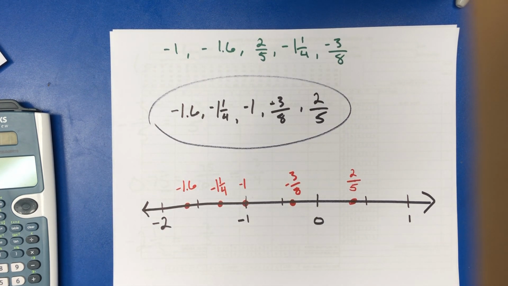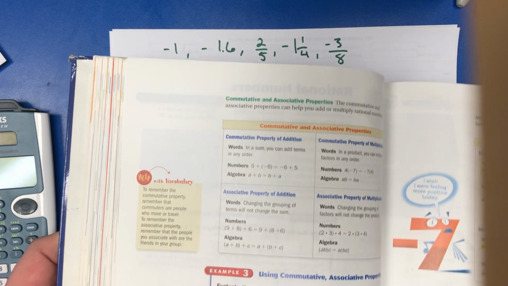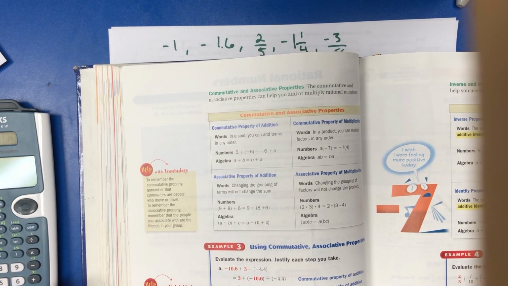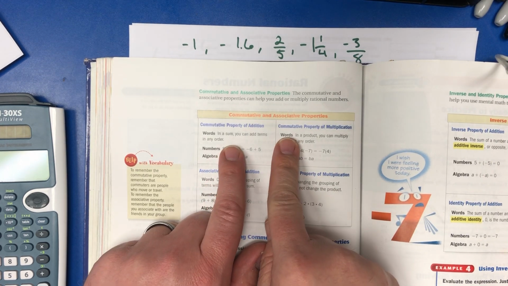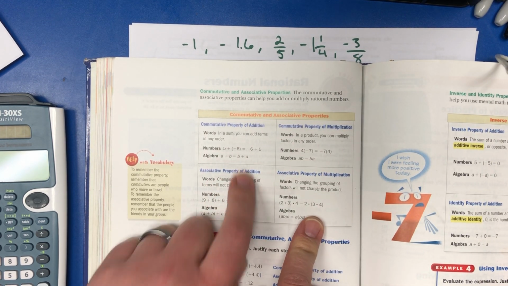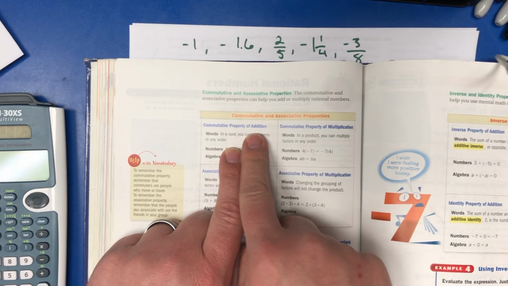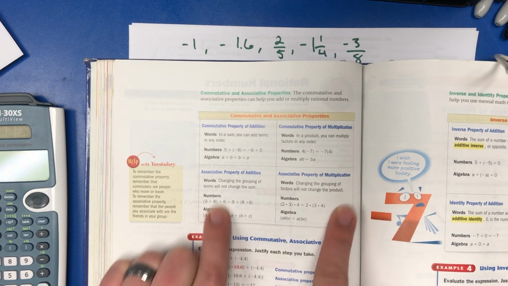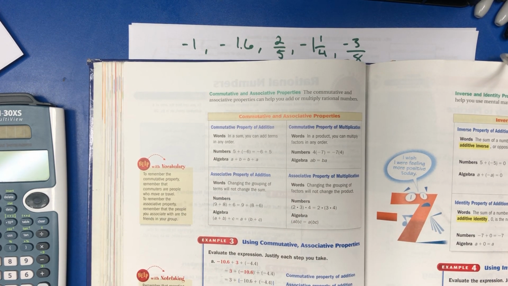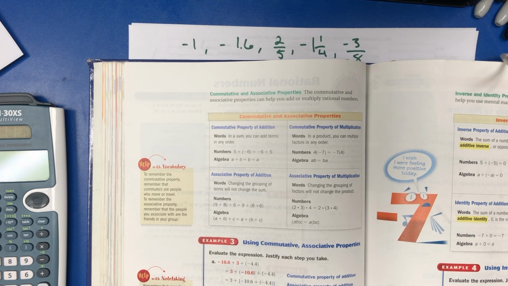Okay? Now, the next thing that I'd like to do is point out the top of page 284. I'm going to bring my page 284 to the camera here. On page 284, you see it's got a box that's reminding us about the commutative property of addition and of multiplication, the associative property of addition and of multiplication, and how we can use these to make